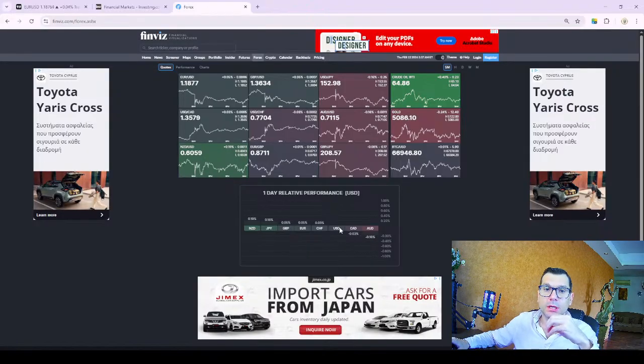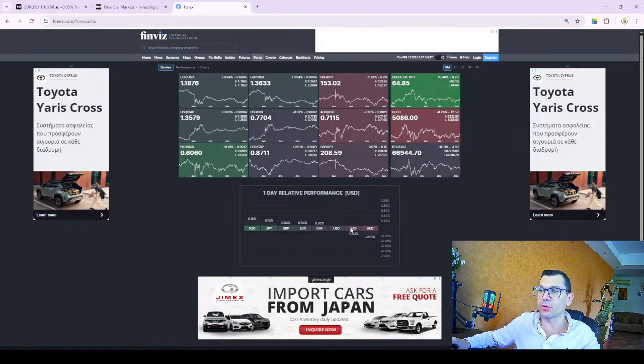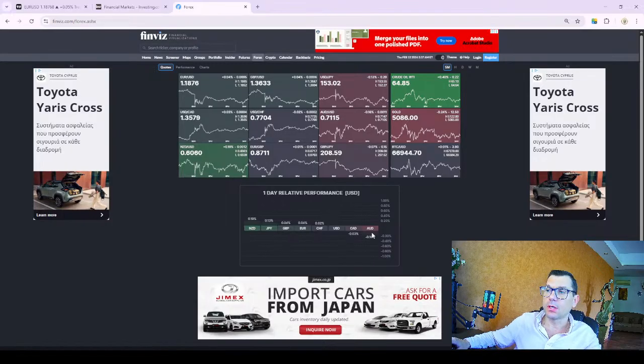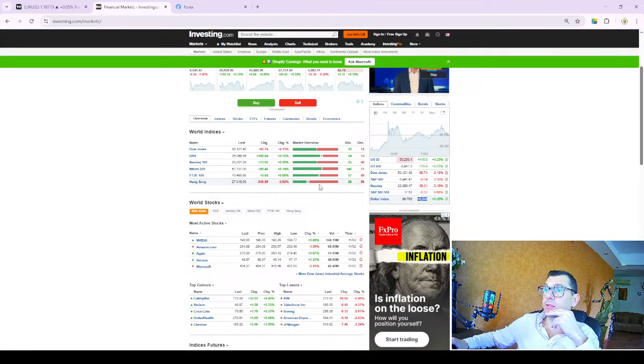So US dollar now is a benchmark, and it measures obviously the strength of the dollar today, and it shows you, for example, okay, what currencies have gone up and how much they've gone up versus dollar, and what currencies have gone down versus dollar. It's also a good thing for you to know what kind of movements are happening today. Let's say NZD, Japanese yen, quite strong currencies today. They've gone up by 0.19 and 0.13% respectively. Okay, so that could be something that gives you an idea, let's say, what to look at. But we will definitely check, all right, some currencies and open some trades. Now let's look at something else.